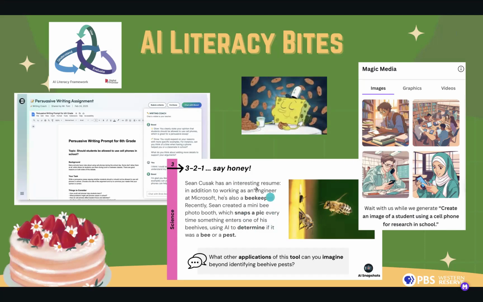And then lastly, I'm coming back to that AI EDU snapshot resource because, I mean, here's a great one. So we're talking about science. So maybe we're talking about bees and pollination and the environment, et cetera. Well, here's a great thought question for kids to think about. Okay, so if this is snapping pictures of the bee, great, awesome. But it's not just snapping pictures like a game cam would out in the woods, right? It's being able to recognize that it's a bee and then it snaps a picture. So how does that work? And then it prompts the kids with the question, what other ways can you imagine beyond this?